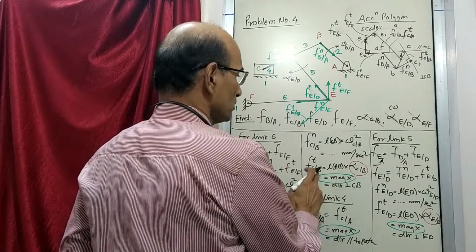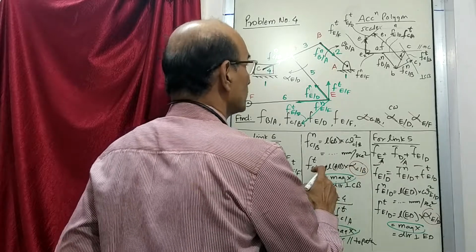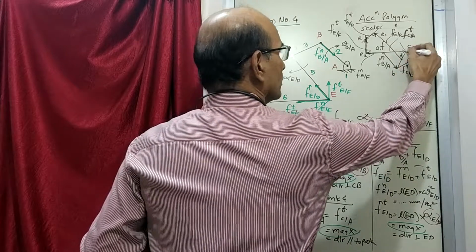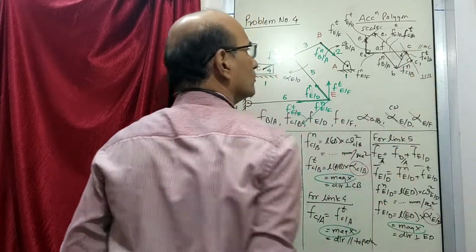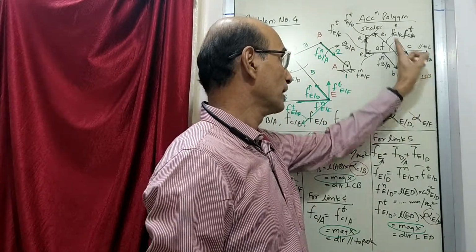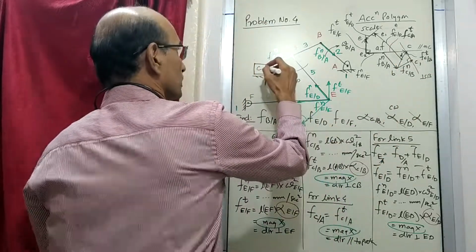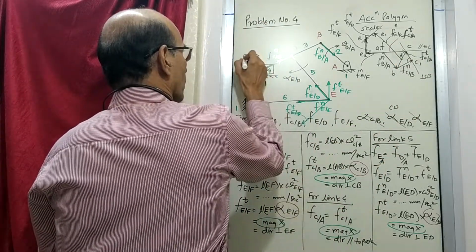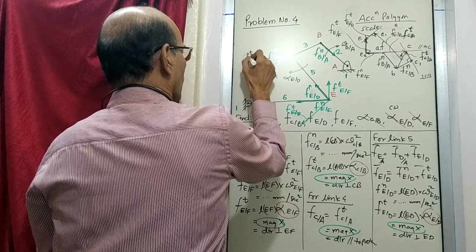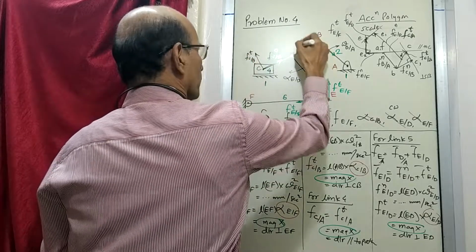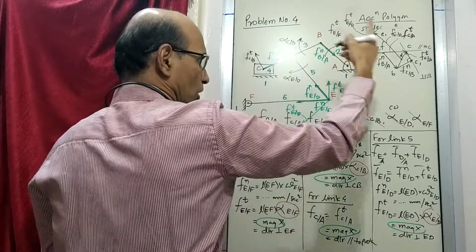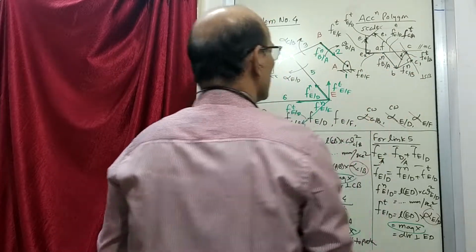Then this one, alpha of C with respect to B. So the tangential of C with respect to B we have found out somewhere here like this. So normal plus tangential. So arrow is here and direction is like this. So this you will put here. This way, therefore alpha is like this, which is clockwise. So it is like this.